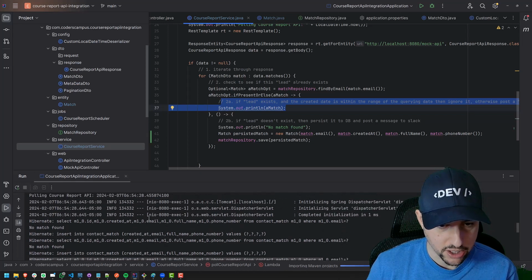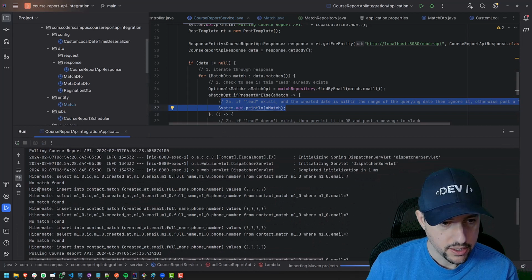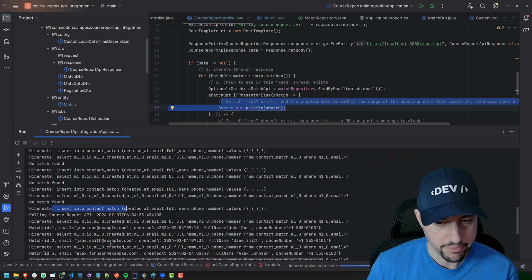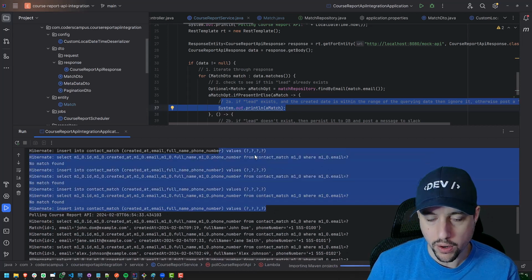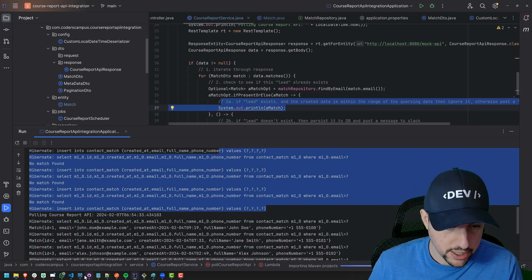So let's go back in the log here. So no match. So it selects, no match found, inserts it into the database. Selects, no match found, inserts it into the database. Select, no match found, insert, select, no match found, insert, done. Right? Cool. So it inserted four records into the database, and we can confirm that by going to the database